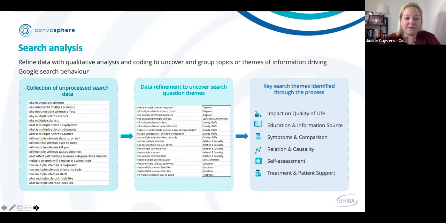So with all of these different tools, you can export the list of the search data, the keyword phrases or search expressions that people have used. And then what we do is just export it in Excel. And then you do a qualitative coding exercise where you start to identify and cluster the topics and themes or categories that these questions fall under, allowing you to then highlight these topics or themes at a high level, and then you can always go back and look at the questions that fall specifically under those topics or categories.